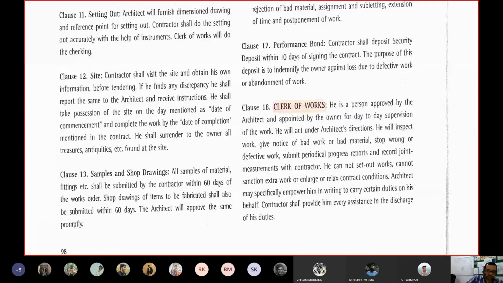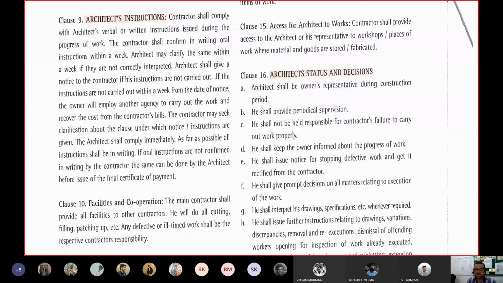That is not so important, but sometimes you may hear these terminologies at your site, that a shop drawing has to be provided. So what is a shop drawing? For example, say in your design, you have given 6 reinforcement bars in a column, 4 in the 4 corners and 2 in between along the rectangular length, of 18 dia. In your working drawing, you have given 6 numbers of 18 dia, or 6 tor at the rate of 18 dia. That is what you mentioned.